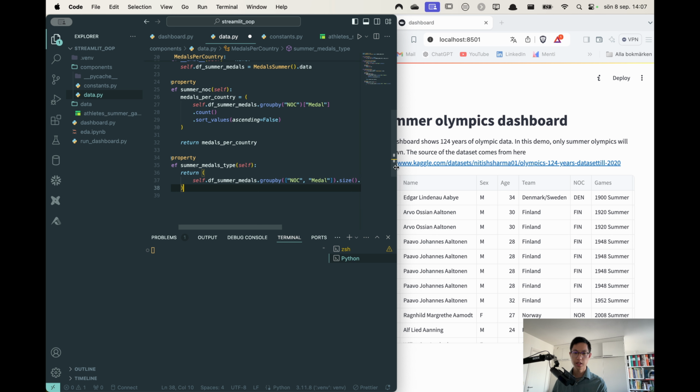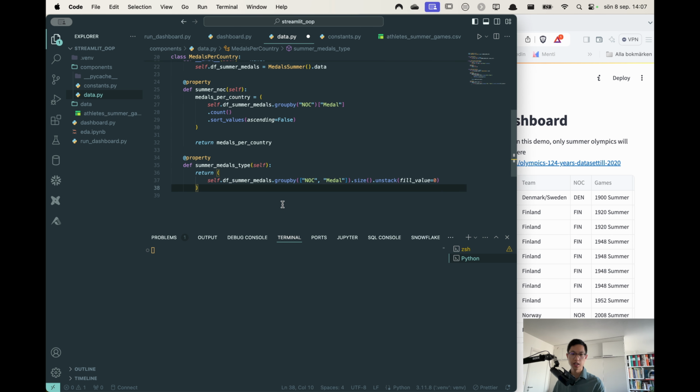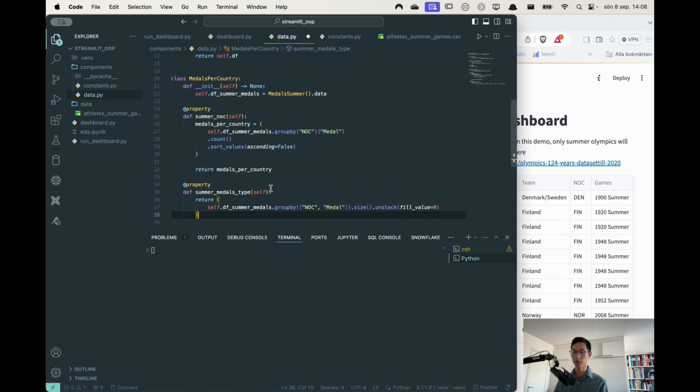And basically what this does is that it groups by the NOC and the medal, and it will find the size of it and fill the values with 0 so that you can basically get the number of gold, number of silver, and number of bronze for each country. So it's medals per country, right? So save this one,